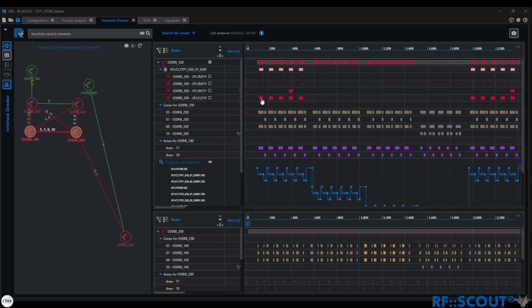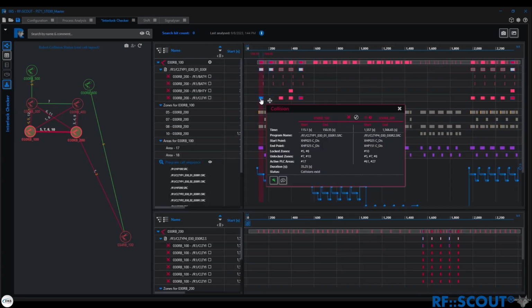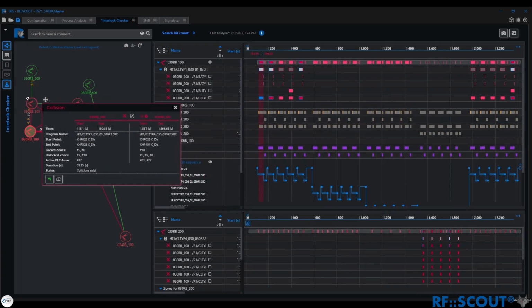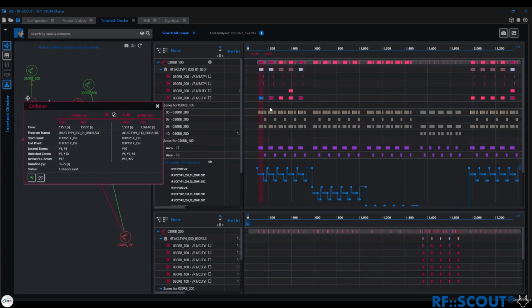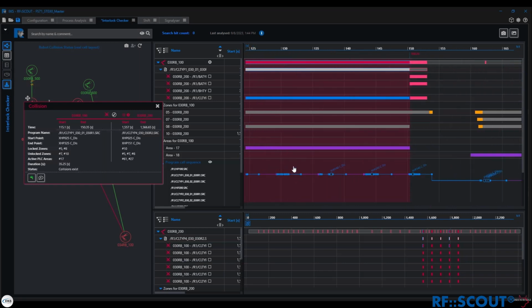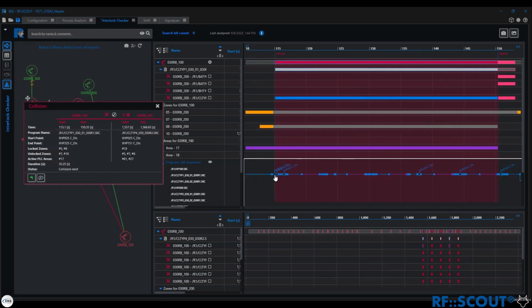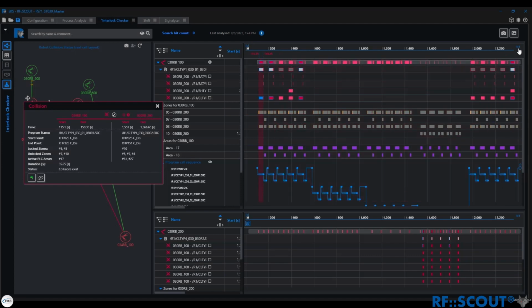The next feature I would like to introduce to you is the interlock check cluster. As you can see in this example, as soon as a collision is selected, other collisions are also given a blue border. The reason for this is that RScout has found a connection between the collisions that were detected by the new clustering feature. Each collision is checked for its program name, its start and end position, and its chain of points to be clustered accordingly. This ensures that the clustered collisions are identical to each other. These collision groups react simultaneously.